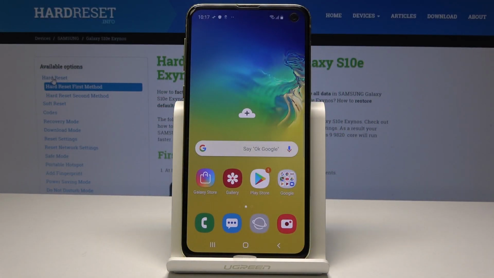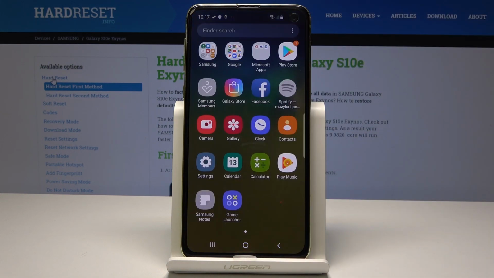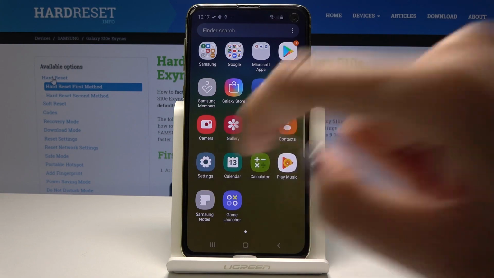Here I have Samsung Galaxy S10e, and let me show you how to change screen timeout on the following device. So if you are reading something and you are tired of clicking on the screen once the screen is out, it's worth using. So at the very beginning, open the list of all applications, then find and select the settings,